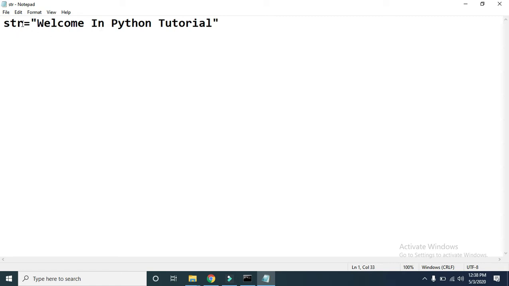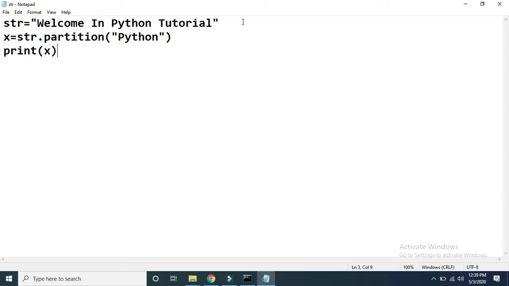So here in this program, in the str variable, I have stored "welcome in Python tutorial". Okay. Now here see, again I am going to define one variable, and then I am going to call the partition method first. For the partition method we have to pass one parameter, so that parameter I am passing here initially as Python. Okay, and then I am going to just print the value of